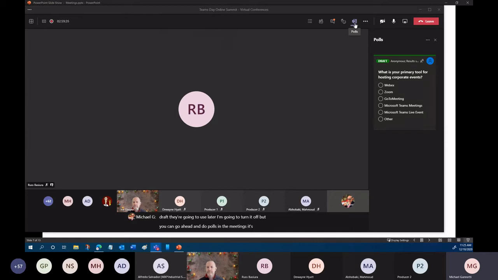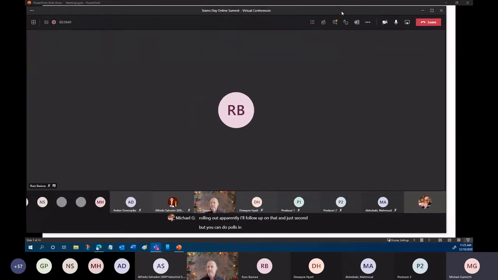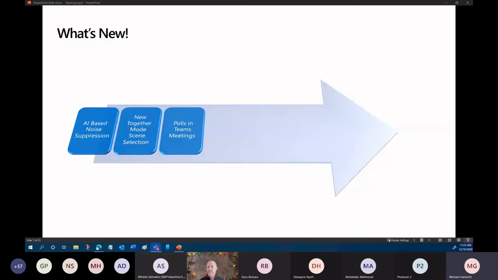It's slow rolling out, apparently. I'll follow up on that in just a second. But you can do polls in real time. We do them all the time because it's something that is very engaging. Following up on polls coming out,